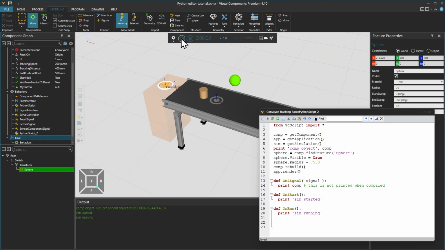Then resetting the simulation, onRun is the main scope, because it is the only scope that allows blocking, such as delays, servo motions, conditions, and other time-consuming methods. Also, it has typically a never-ending loop with the main logic, where we continuously do some actions. Let's add a loop while sim.isRunning.